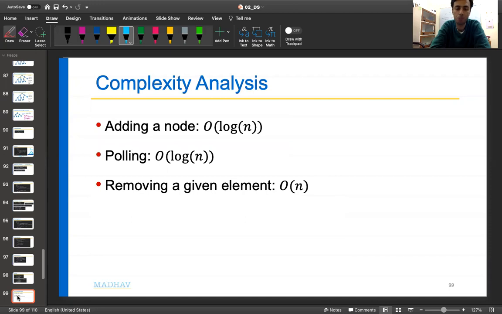Now come to complexity analysis. We have already done it. Adding a node is order log n. Polling is order log n. But removing a given element is order n, because my search is a costly operation. Now, is there a way we can make the search efficient here? The answer is yes. We can make our search efficient